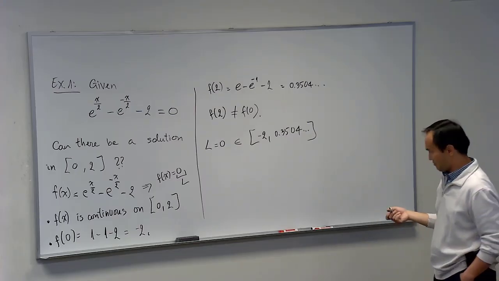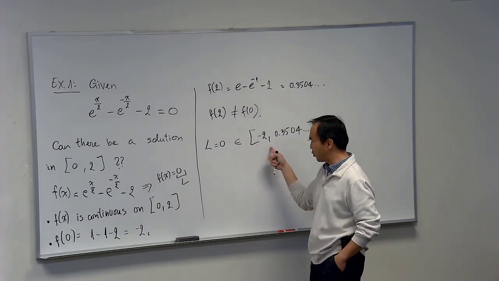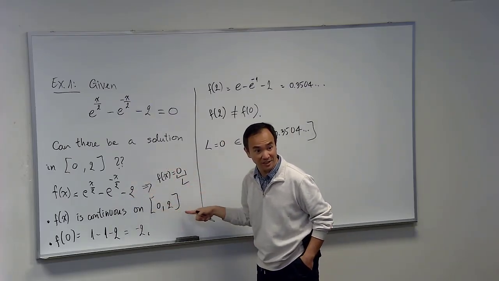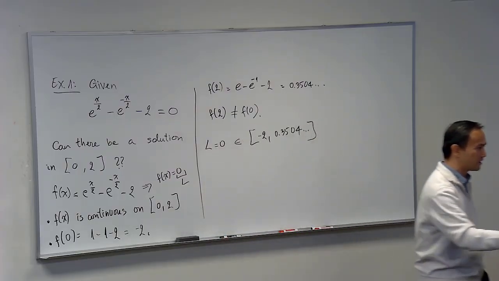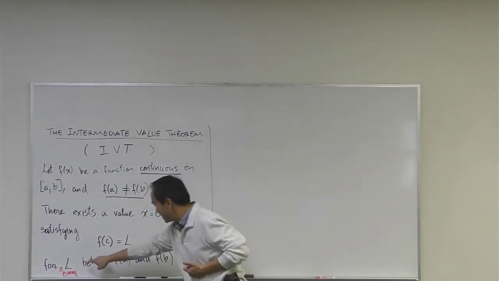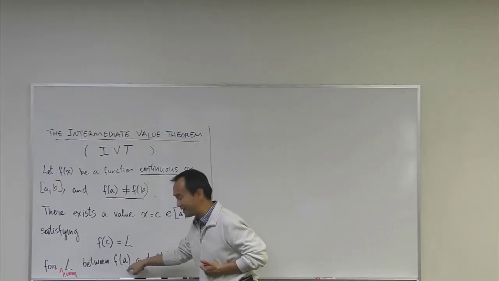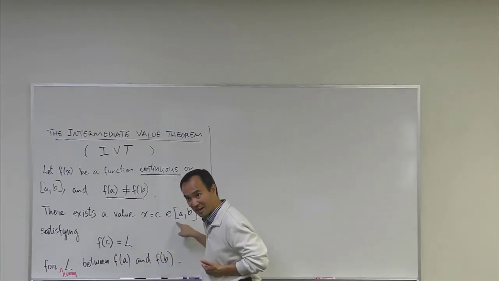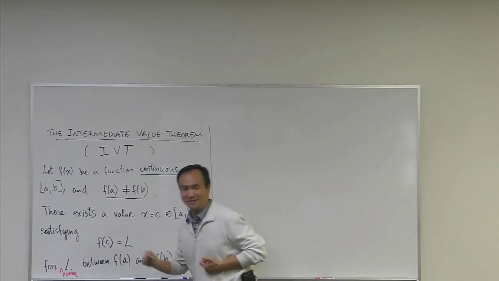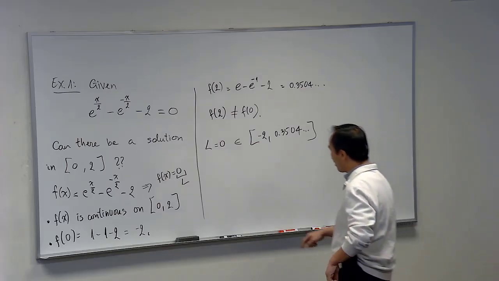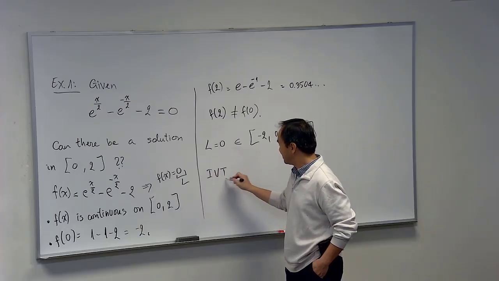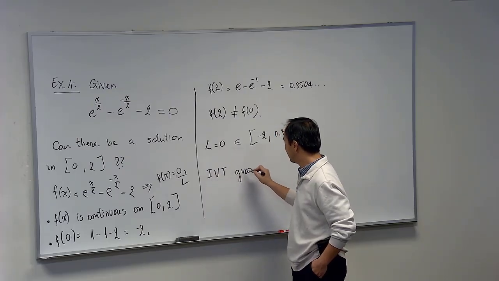Okay, and so now, here's the thing. Since L is between that interval, the function is continuous on that interval, and these two endpoint values are different from each other, or you can say according to the intermediate value theorem, as long as your L falls between the two vertical values, there will be a value C inside of that interval guaranteeing that f of C equals L. You know what I'm saying? No? Okay, so that means, once we guarantee that L is inside the interval, the IVT guarantees